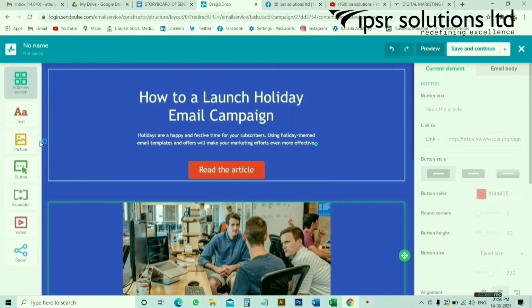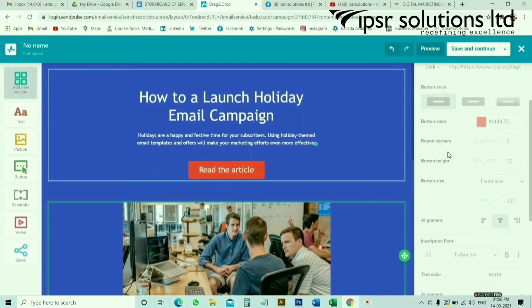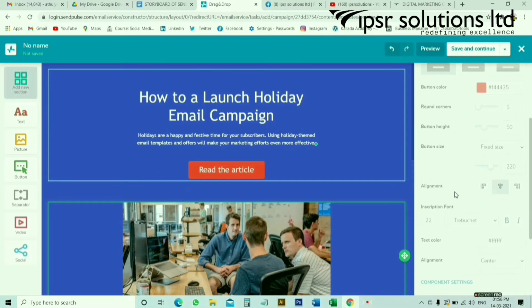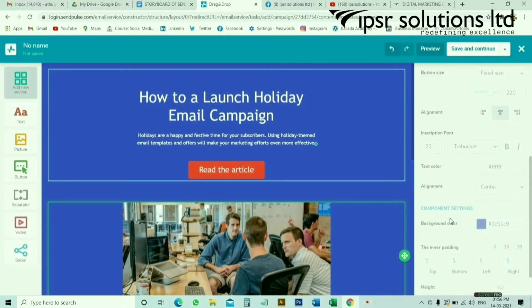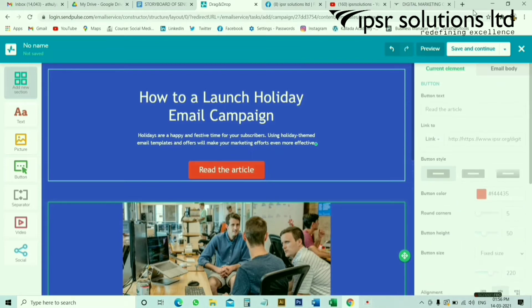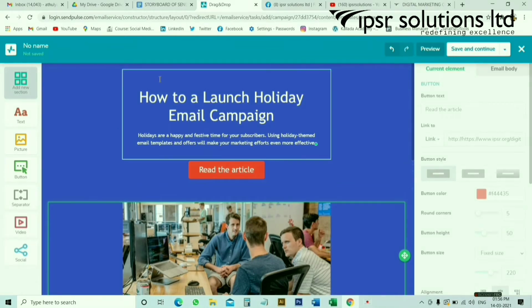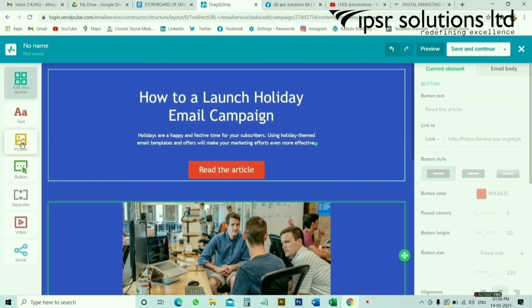On the right side of the template, you can see the components of email body. Edit email body properties as well, like button text, link, button style, color, corner, heights, font size, font style, text color, alignment, background color, etc.